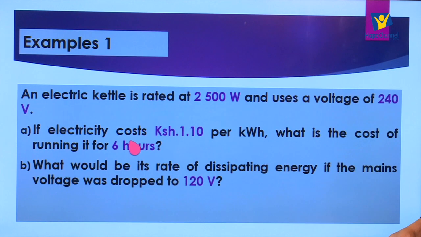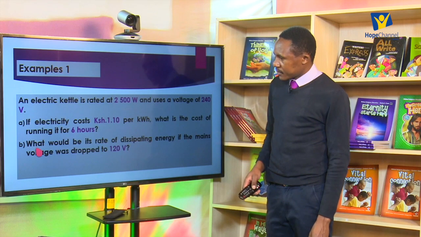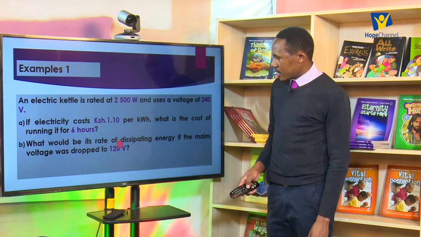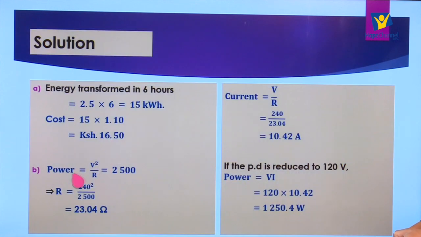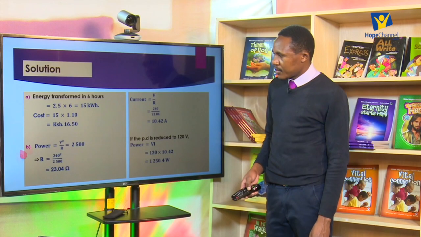In the second part, it says, what will be its rate of dissipating energy if the mains voltage is dropped to 120 volts? Suppose the mains is no longer 240. It is actually reduced to half of the original value. So what do we have here? So for part B, we say